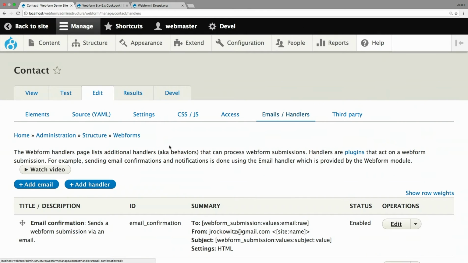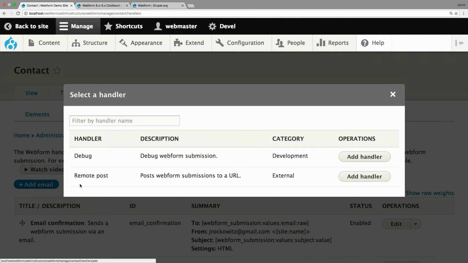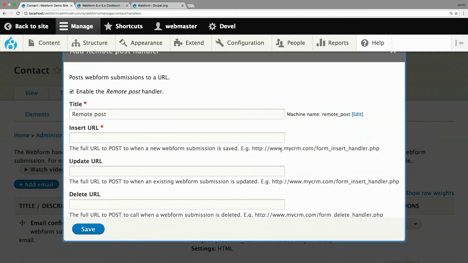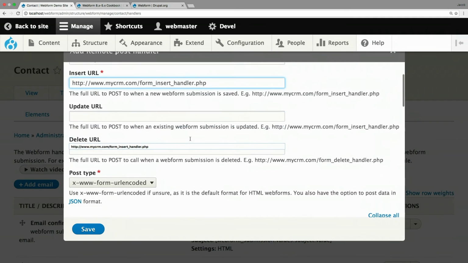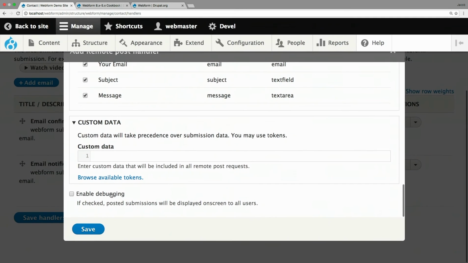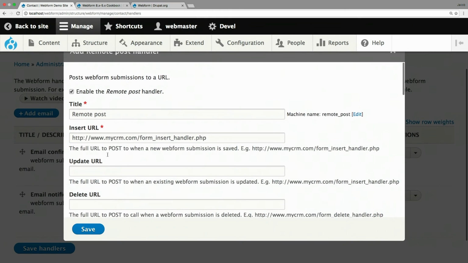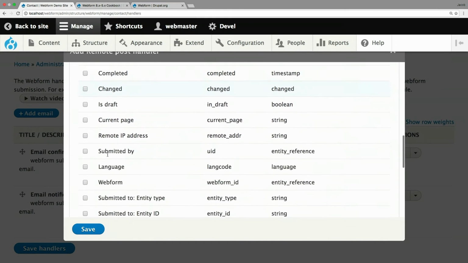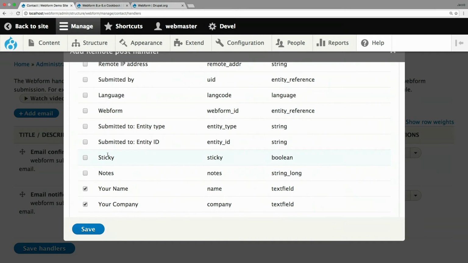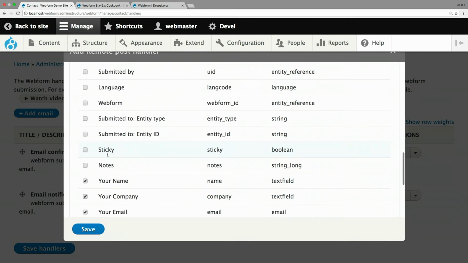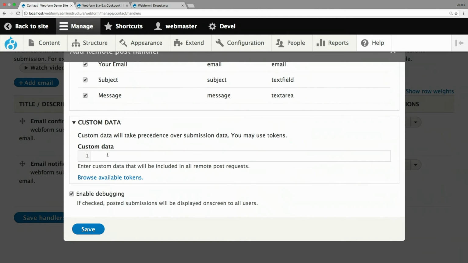So I'm going to say, okay, we've got email notifications. Now I want to send this to my CRM. I want to track this person. So I click Add Remote Post, and there's a debug handler which will just show you the data. But for our purposes, I'm going to actually send a broken one because I want to show you what happens if it breaks, and it's not a bad thing. I'm going to turn on debugging, and one of the things with the remote post handler is it only sends the form data, the fields that you're creating. By default, that's what it's sending. If you want to send additional metadata like the IP address and the language, you just have to check off and decide. And then you also have the ability to add custom data to this post, like API keys,